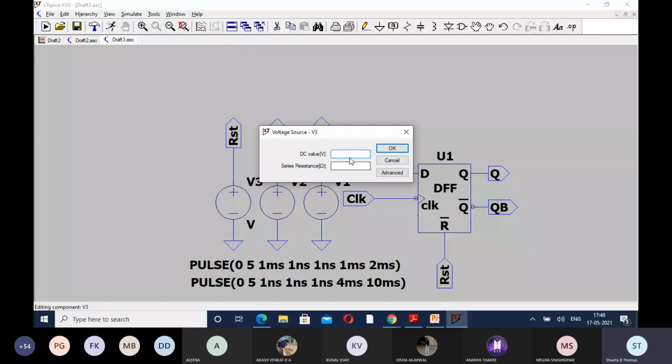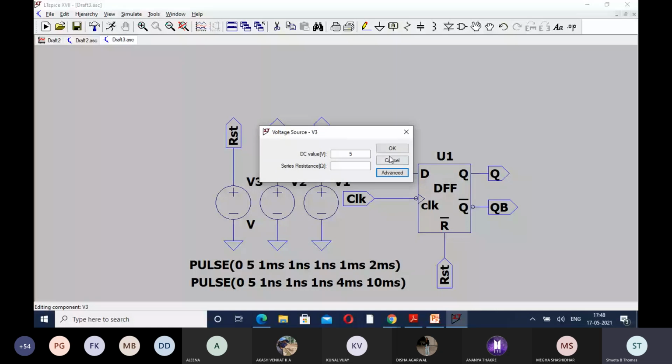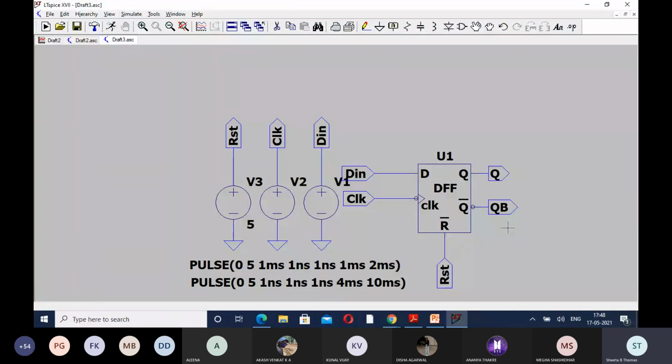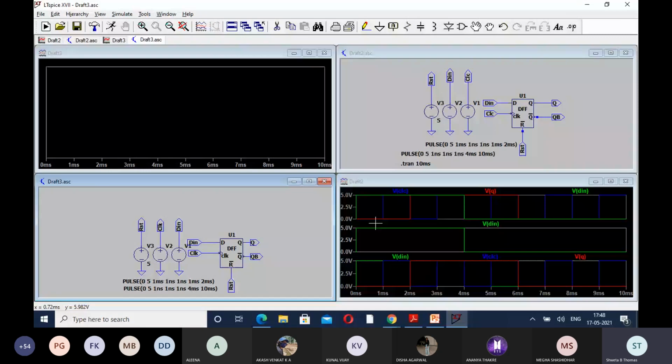The last one here, 5 volt DC will be enough. Our value of reset we are giving. Okay, fine. So this is done. Anything else is there? So next we are going for simulation. This one also you can change. I'm taking 10 milliseconds. It's up to you. 2 circuits are visible here actually. First, the one that I have previously drawn, the second which is here. So here you can see the plot also in this way.